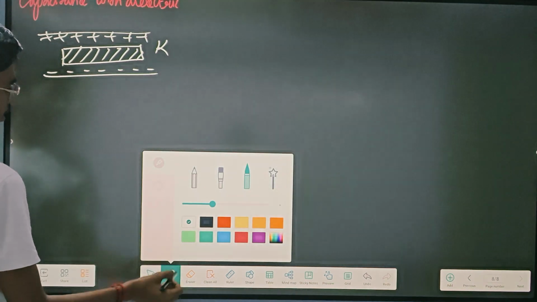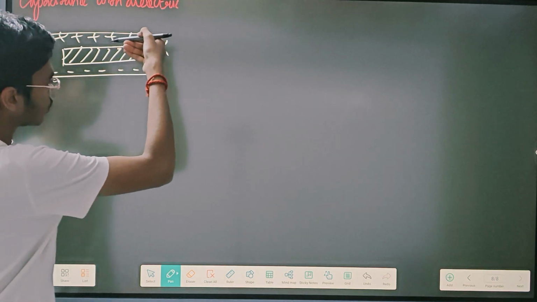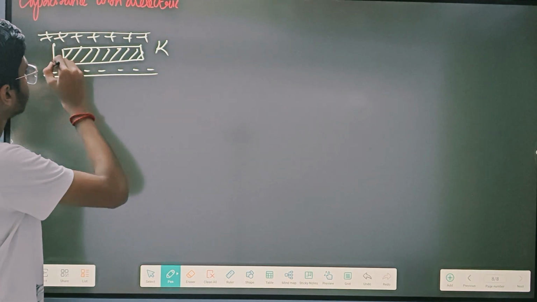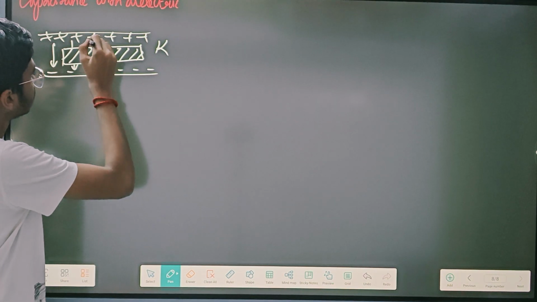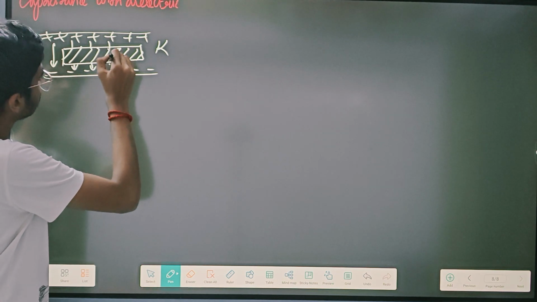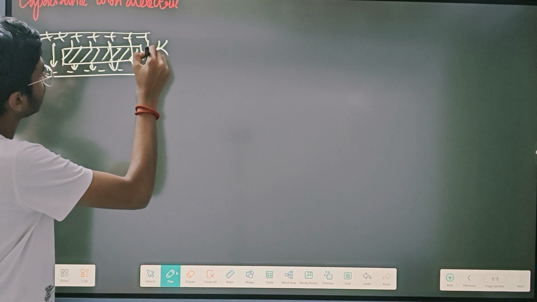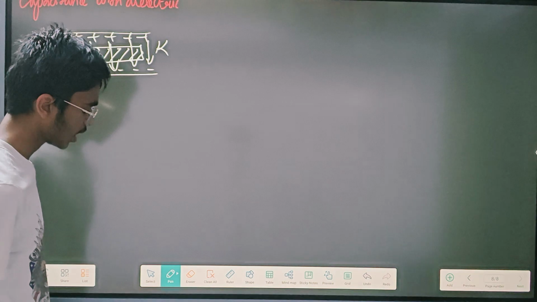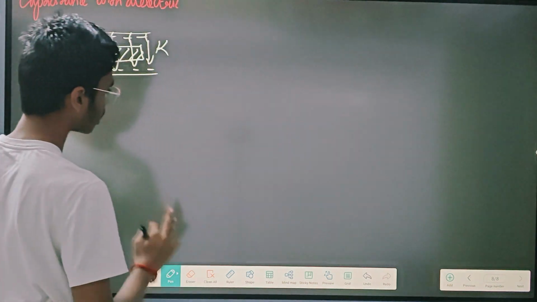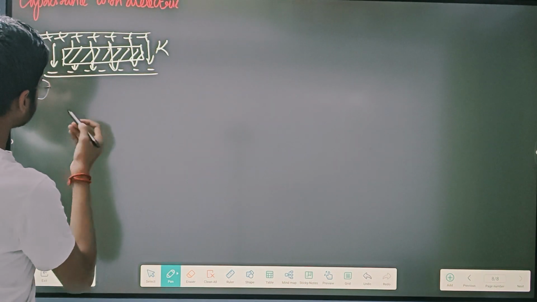Okay, so here from positive to negative, it will be going like this. Like this, it will be going. Okay, so what have we seen, the formula for without dielectric? Without dielectric, it will be